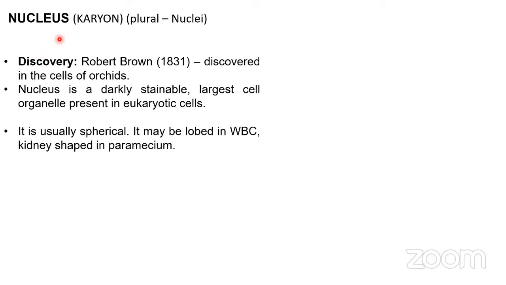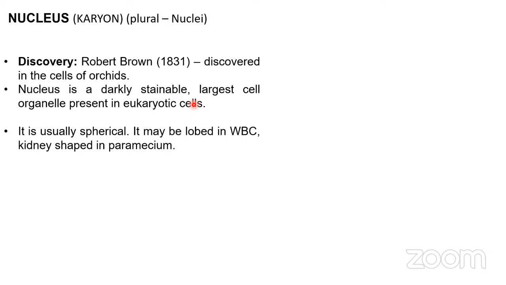The next is the nucleus, which is also known as the karyon. The plural is nuclei. We know that the nucleus was discovered by Robert Brown in 1831, and it is a darkly stained material inside the cell. It is the largest cell organelle present in eukaryotic cells, especially in case of animal cells. As we know, in case of plant cells, it might be the vacuole that occupies most of the space inside the cell. So in case of eukaryotic cells, especially animal cells, it is the largest cell organelle